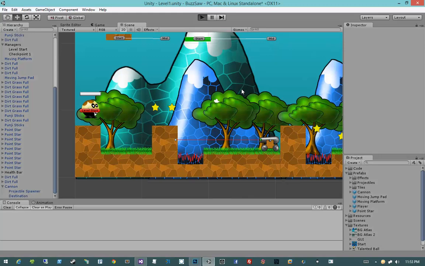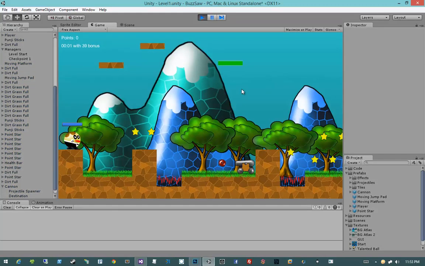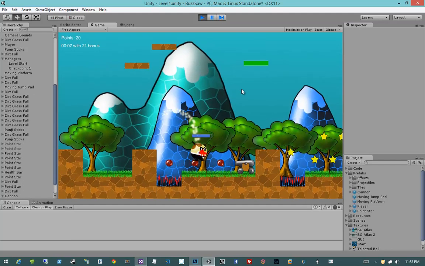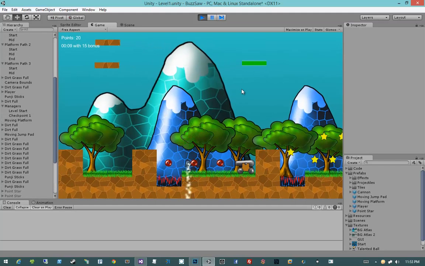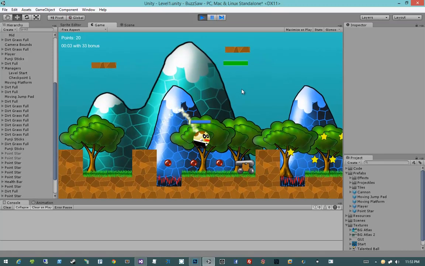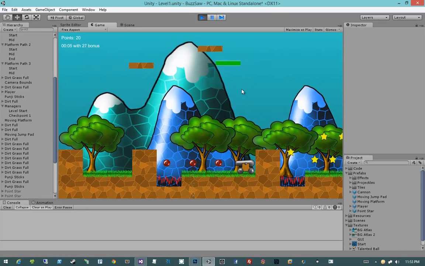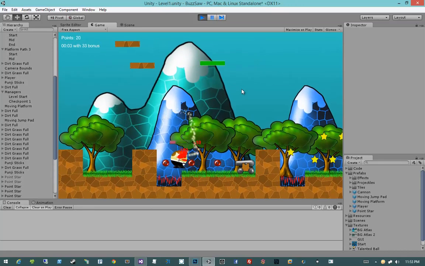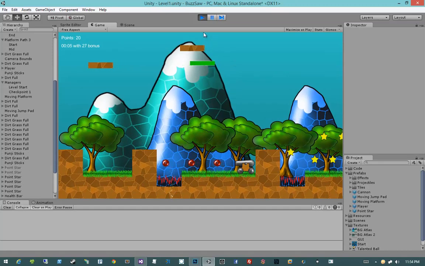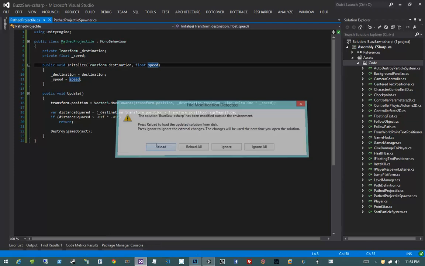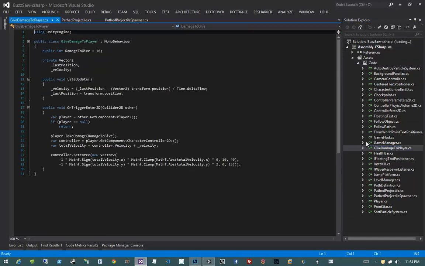So now if we go ahead and hit play, we should see those buzzsaws being created and then destroyed. And then you see that we do indeed lose a bunch of health because we kind of get stuck in the... It seems that our Y value on our knockback and our give damage really isn't working the way that I want it to. So let's jump out of Unity, jump back into Visual Studio, locate our give damage to player script,